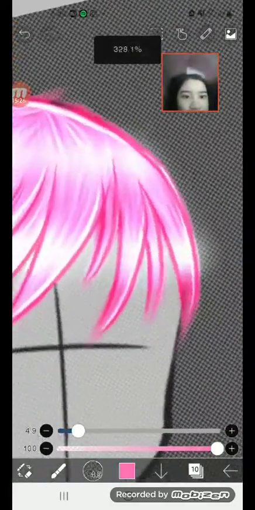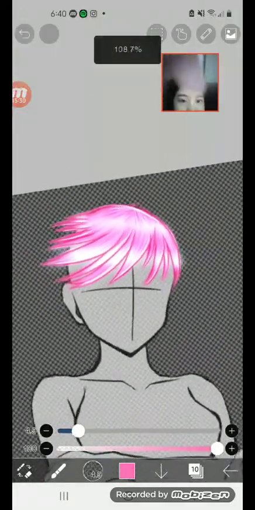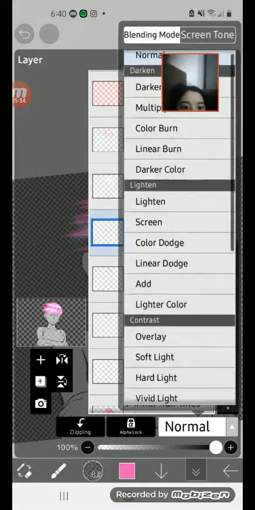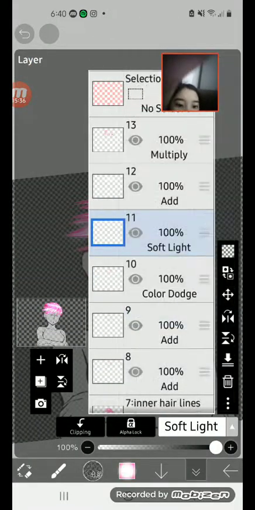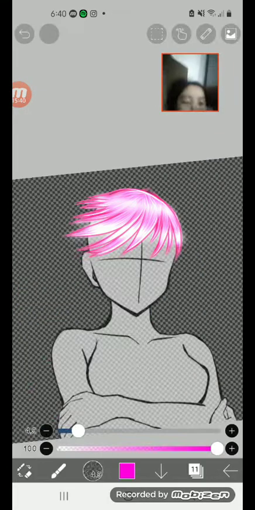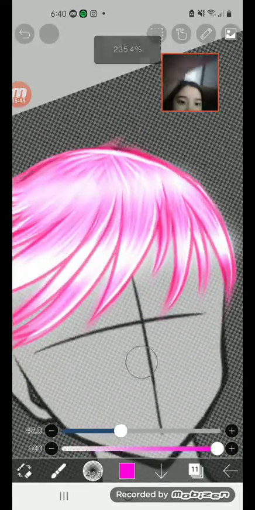So it could be clear, yeah. Very clear on the unshined parts. Then next you use a soft light. Then you have this sort of weird color but something related. Airbrush triangle and